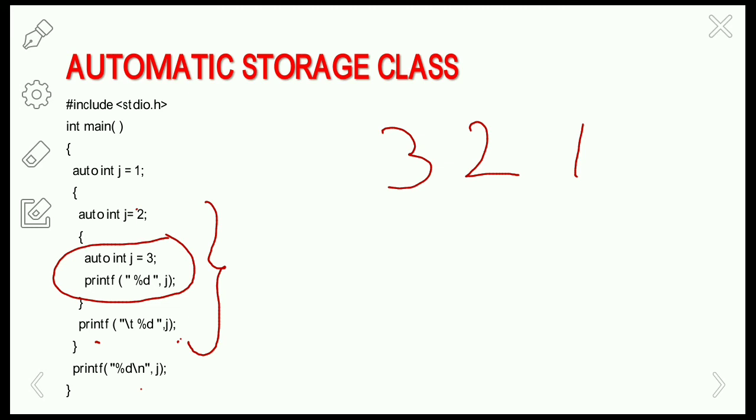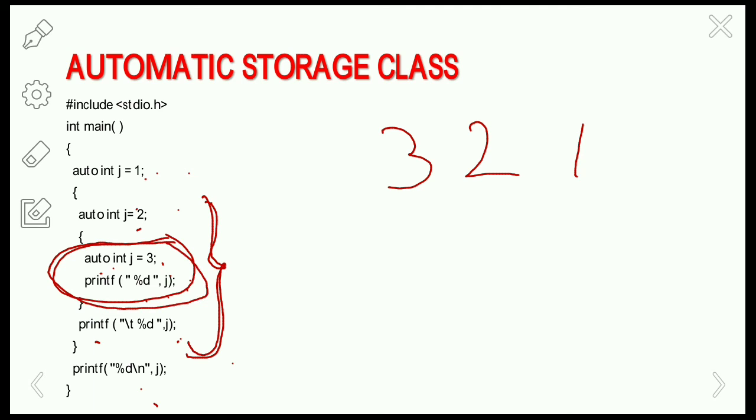Okay, so if you come to the scope, here int j equals 3. Here j equals 1, so the j equals 1 scope is available throughout the entire program, right? And j equals 2 is available only up to this part. Okay, so j equals 2 scope is available, but we cannot access the j equals 2 variable here in this part. Similarly, here j equals 3, the scope is available only to this particular block.